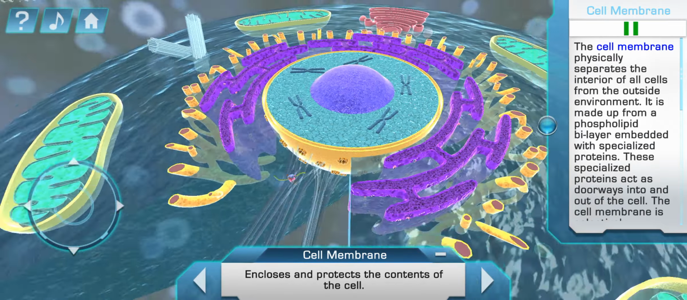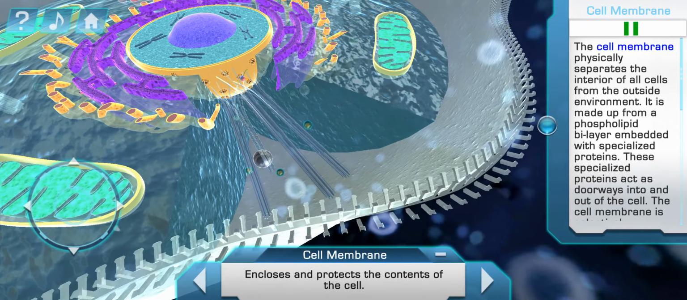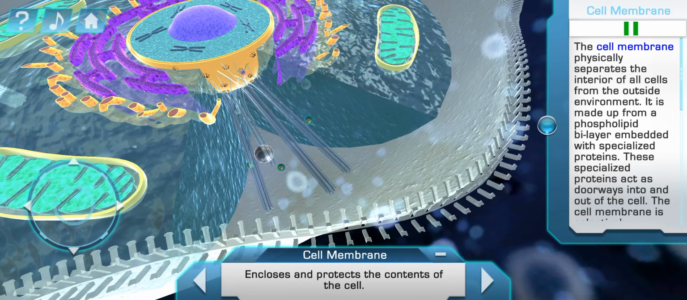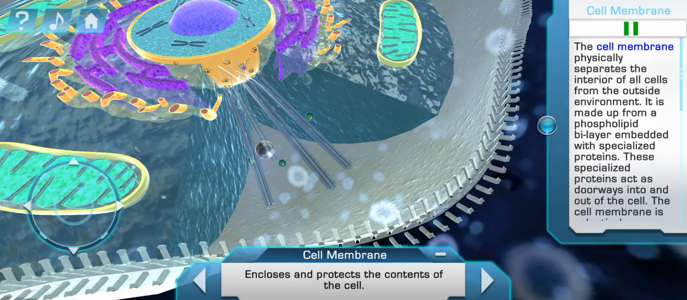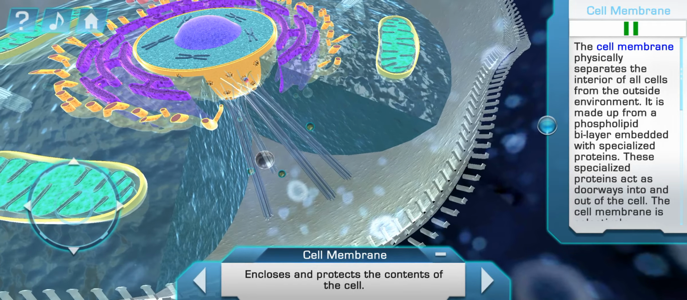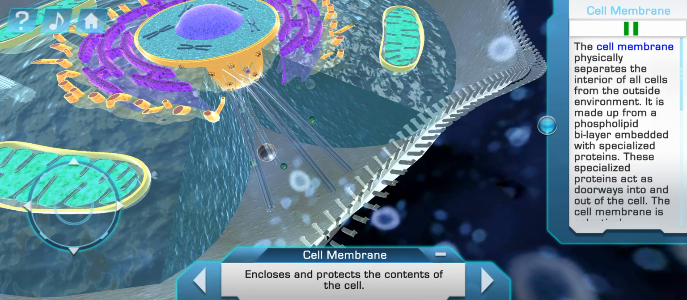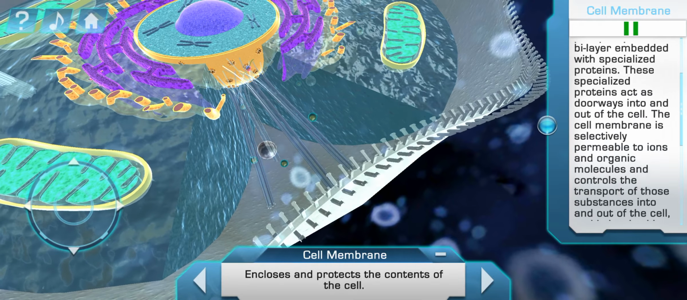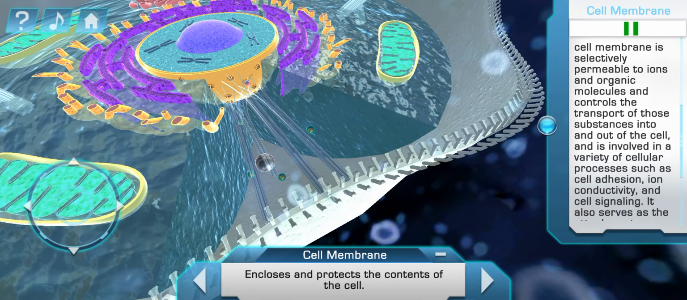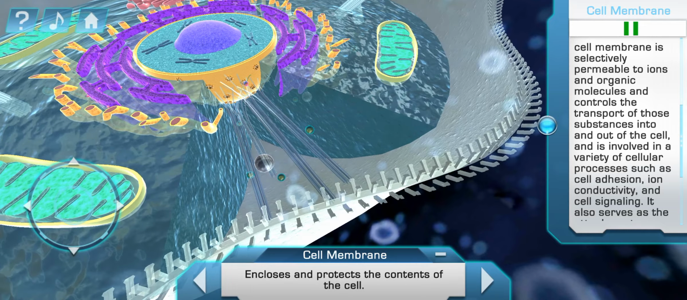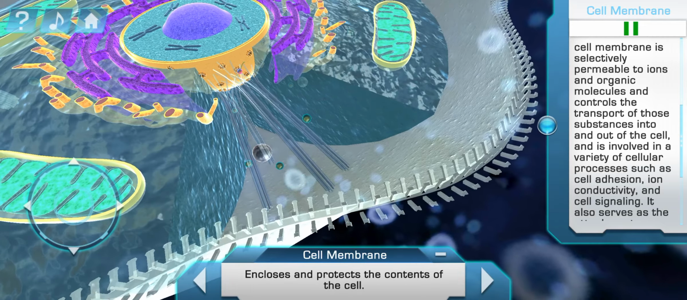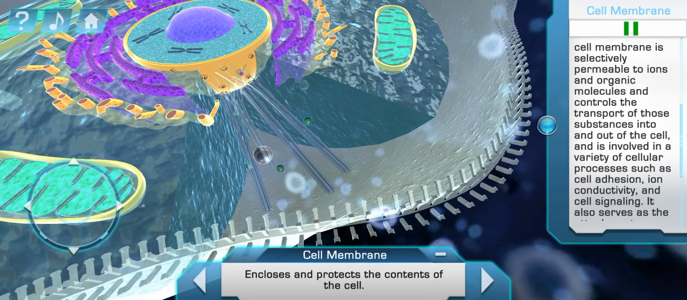The cell membrane physically separates the interior of all cells from the outside environment. It's made up of a phospholipid bilayer embedded with specialized proteins. These specialized proteins act as doorways into and out of the cell. The cell membrane is selectively permeable to ions and organic molecules and controls the transport of those substances into and